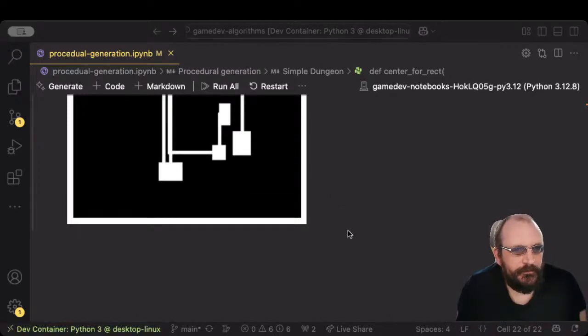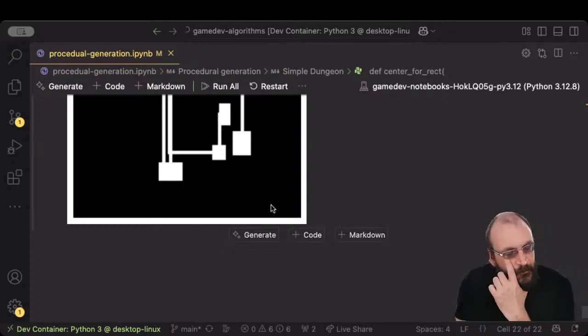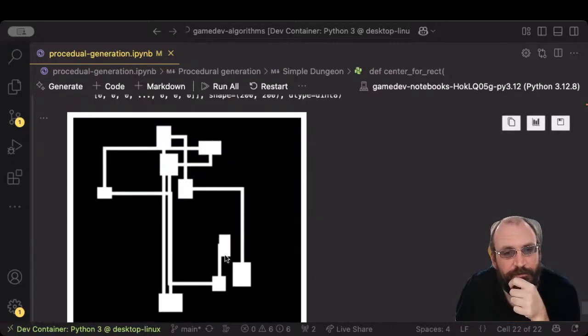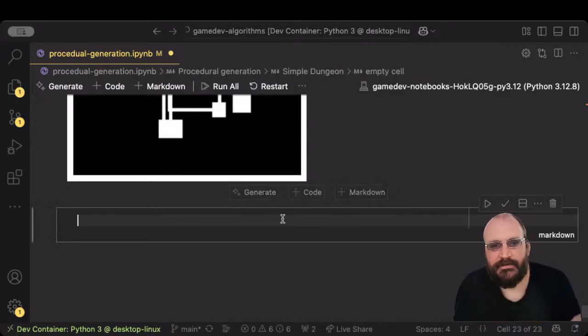Okay, so the next interesting one in terms of room-based map generation is something called binary space partitioning. So whereas in this one we just randomly place the rooms, in binary space partitioning,